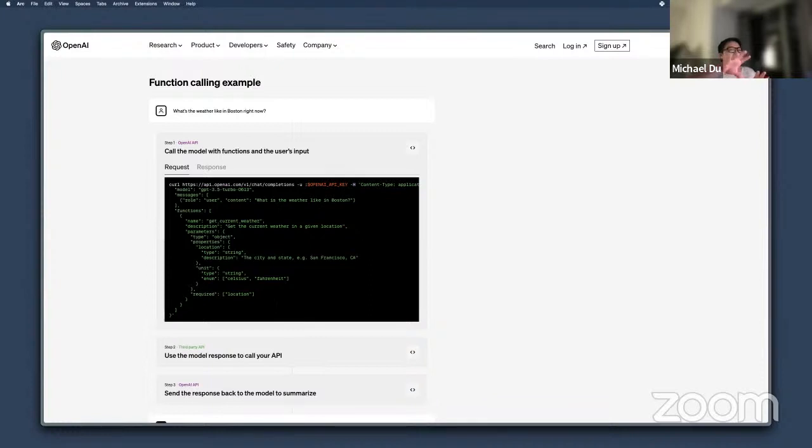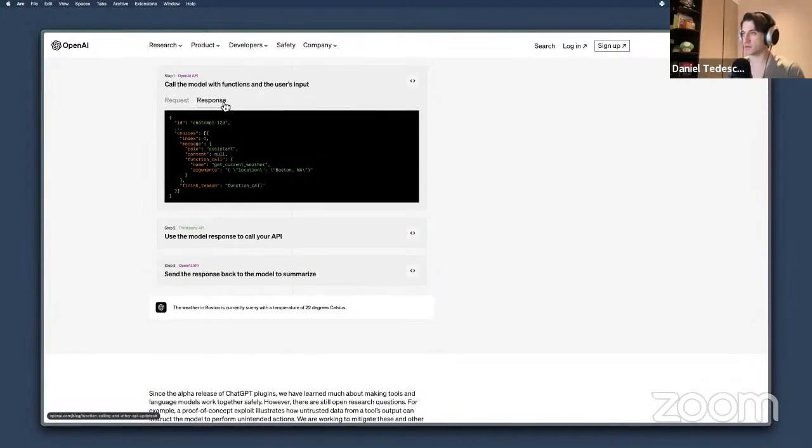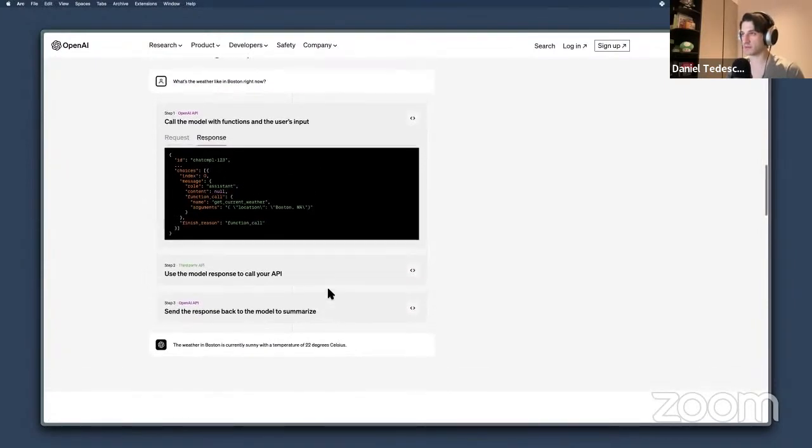Let's say it's an HTTP request to our server, and then we give back the data, and then there will be another prompt asking GPT to write a response to the user with the data that it retrieved from the server, right? So you still need to do most of those steps, because in this example the response we get is